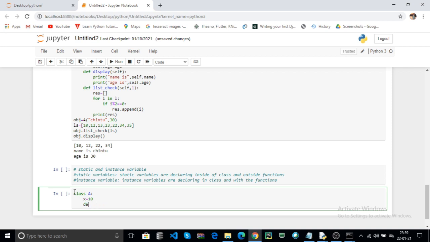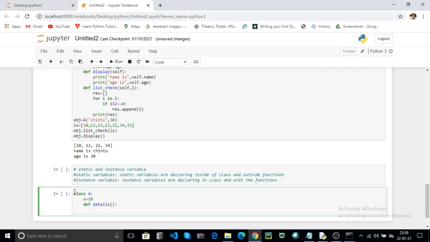For convenience I create one function. For example, display is one function, or details is one function. Here this is the self keyword. Here without using the self keyword, what happens you can check.